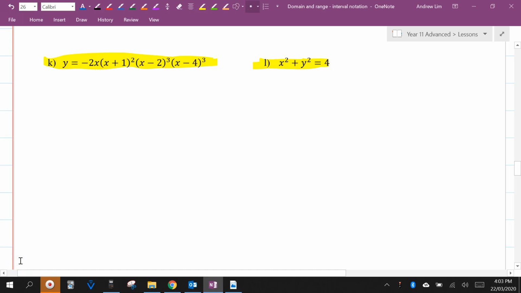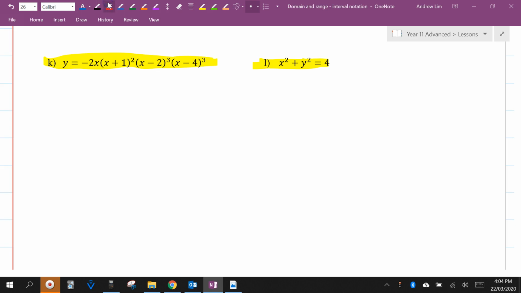Okay, welcome back. This is part 2 of the domain and range in interval notation as requested by one of the students in our class. So I've handpicked some questions to do. I'm not going to do every single question with you, but I thought I'd just do one or two of each type of question. So for question K,